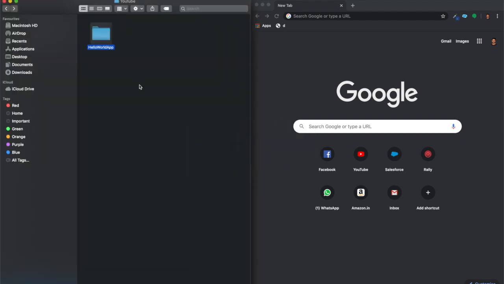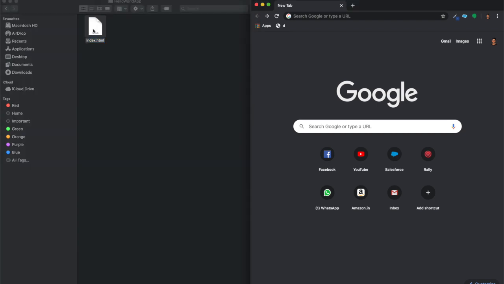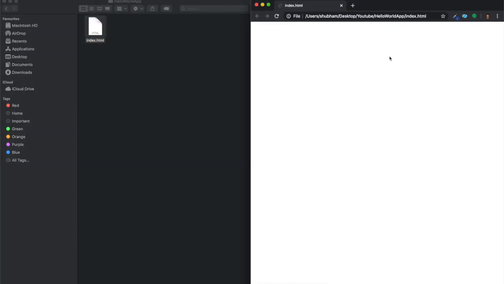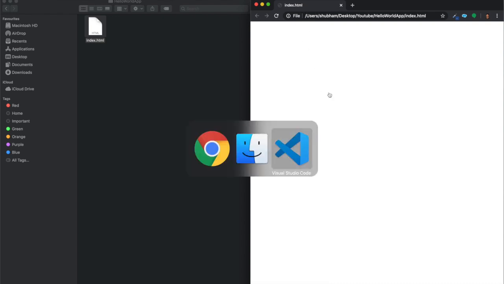And if I go there, open this, here you can see that's the file. And if you double tap, this will open in the browser. So you can see that in your hello world there is index.html, which is your file, and the title of this HTML page is index.html by default. So let's see how we can work with this.